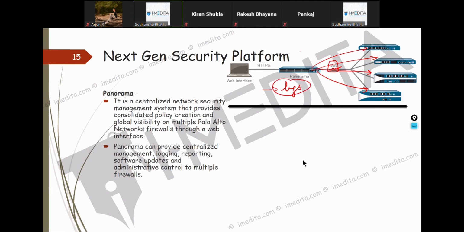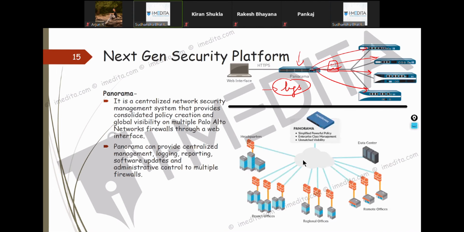You can check it from one place. So you don't have to take access of all these different firewalls to check them individually. Okay. So you can have simplified, powerful policy and greater visibility into all these firewalls working in all these different branch offices.